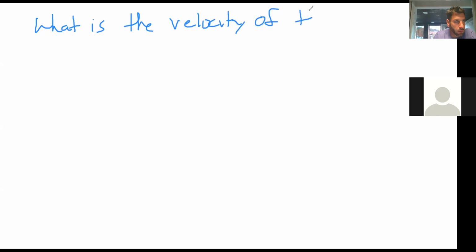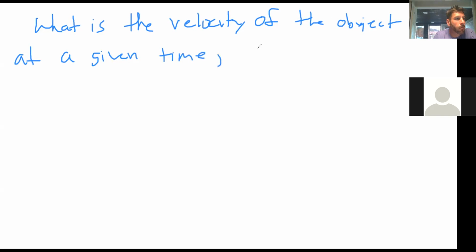So what we would like to do is ask, okay, if I shoot something in the air, or I throw something in the air, or I launch something in the air,